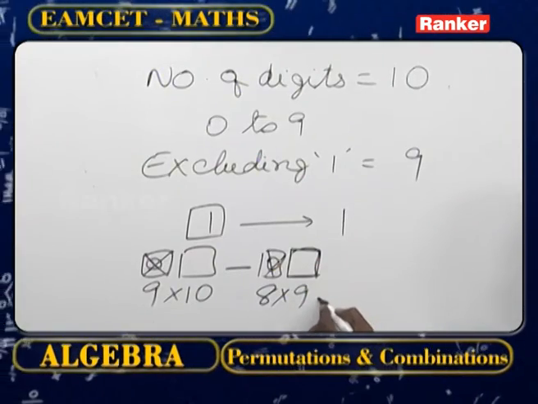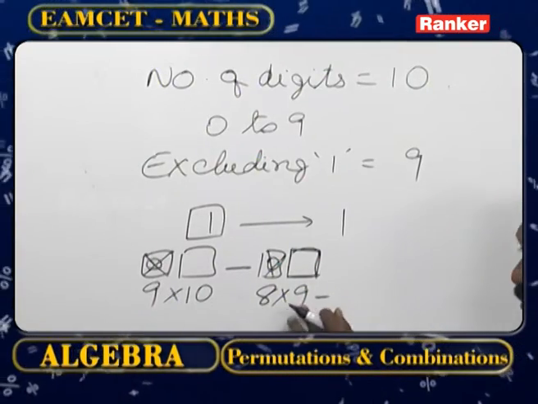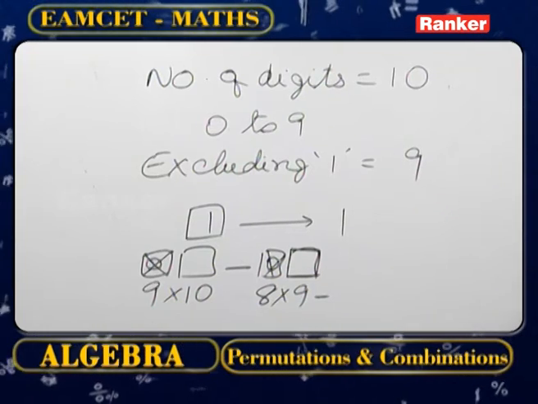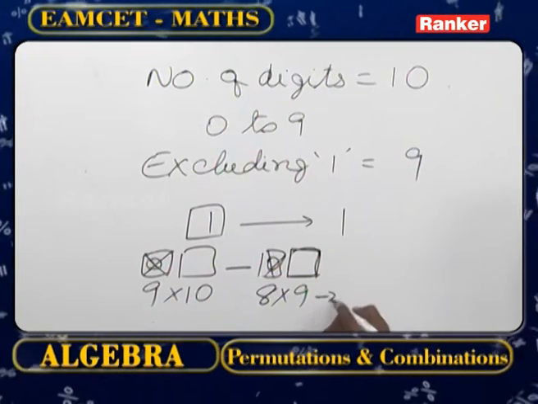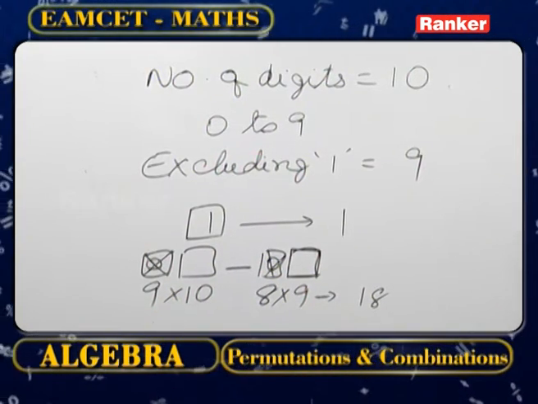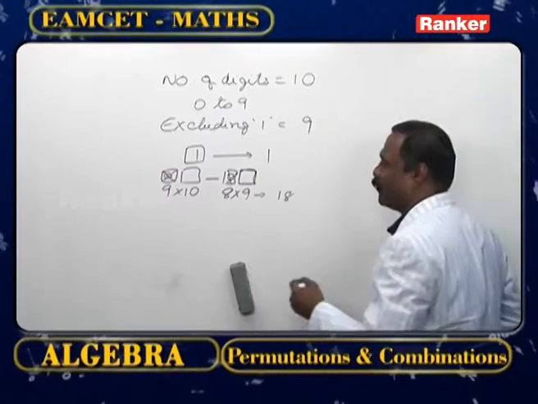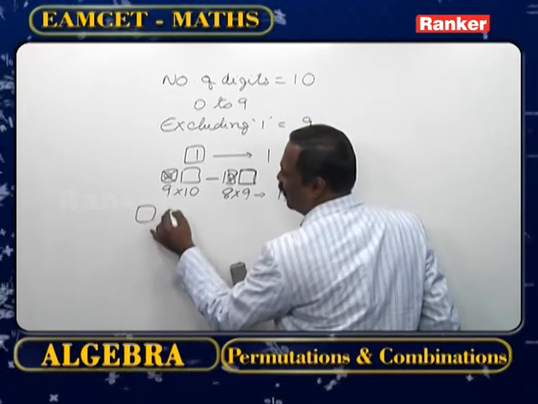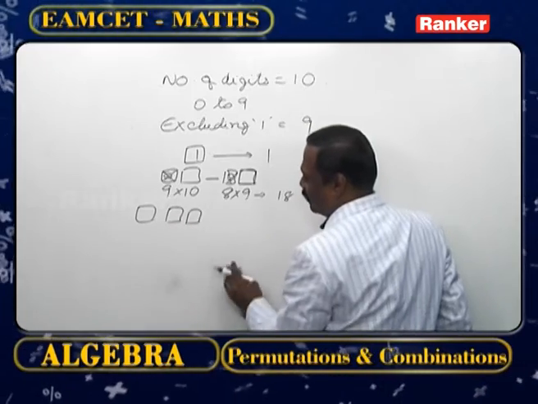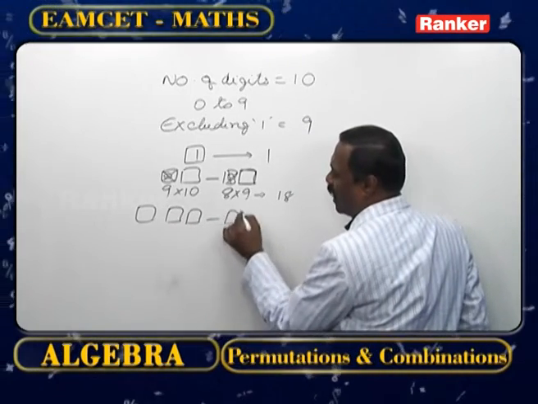You can see that it is 90 minus 72. 90 minus 72 is nothing but 18 like this. This is the meaning of it. If you go on doing like this, finally, surprisingly, what you get on addition,